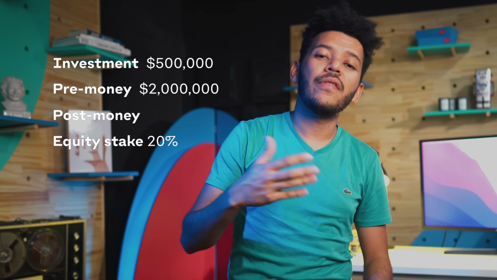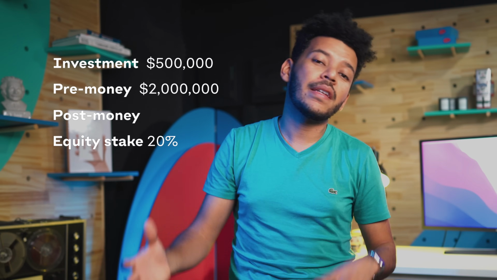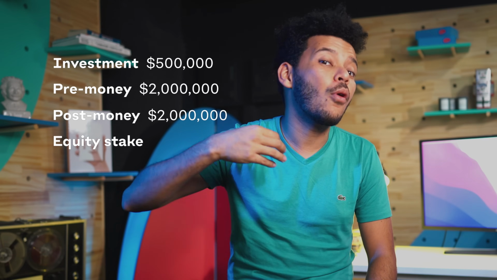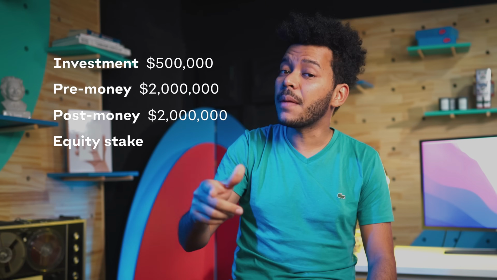As far as I've seen in my experience, investors will use either term on a term sheet, and you just have to be careful and understand what each one of those means. On the $500,000 investment example, we saw a $2 million pre-money valuation translated into a 20% equity stake. If we use $2 million as the post-money valuation, then the stake becomes 25% instead. Share price. So the share price is not particularly relevant at this stage, but as a reference, the share price is calculated based on the pre-money valuation.